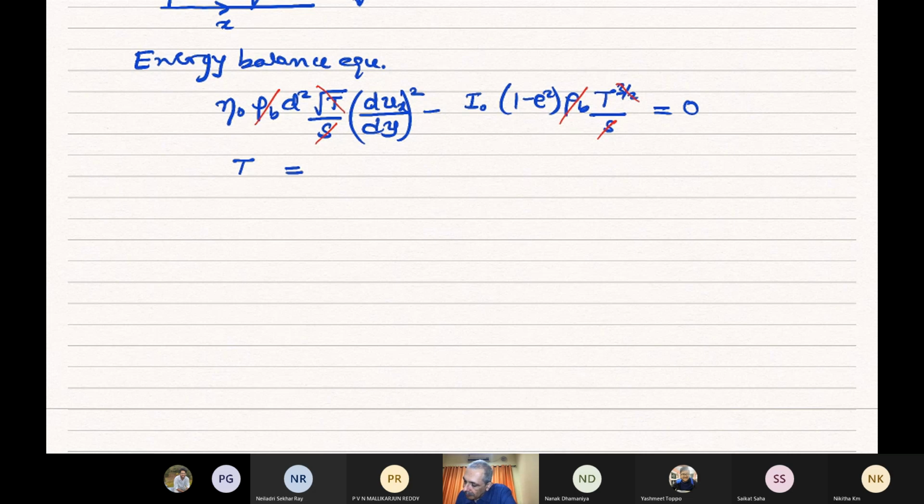And so now you are just left with t is equal to eta into d squared. Here d is the particle diameter, divided by I0 into 1 minus zeta 0 times d squared 1 minus e squared into